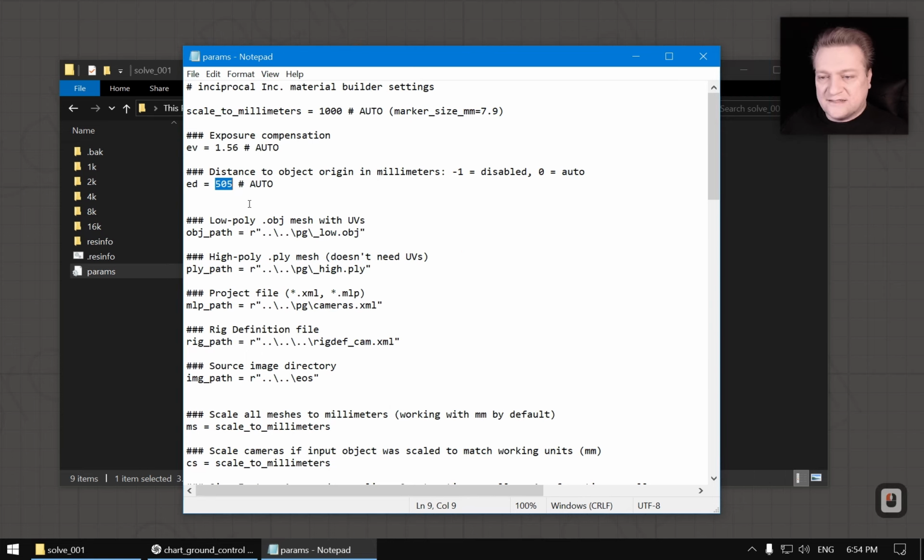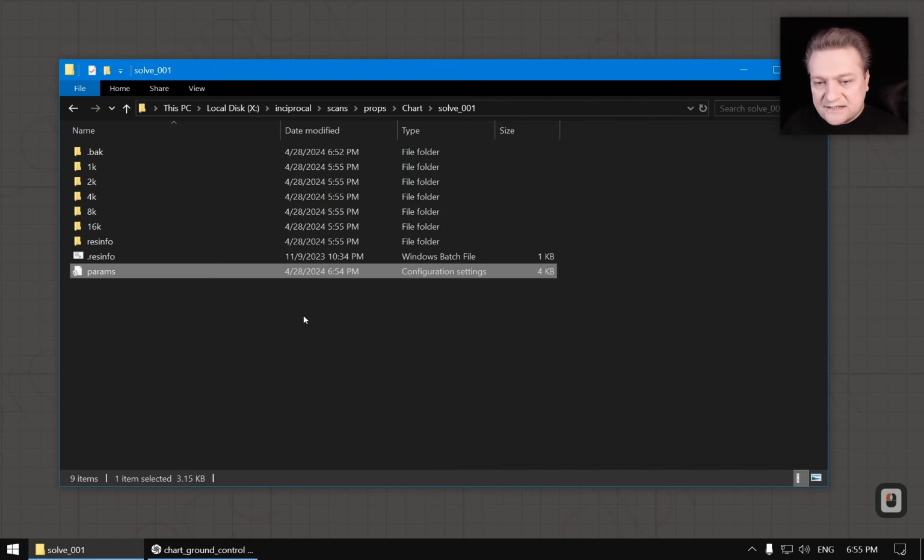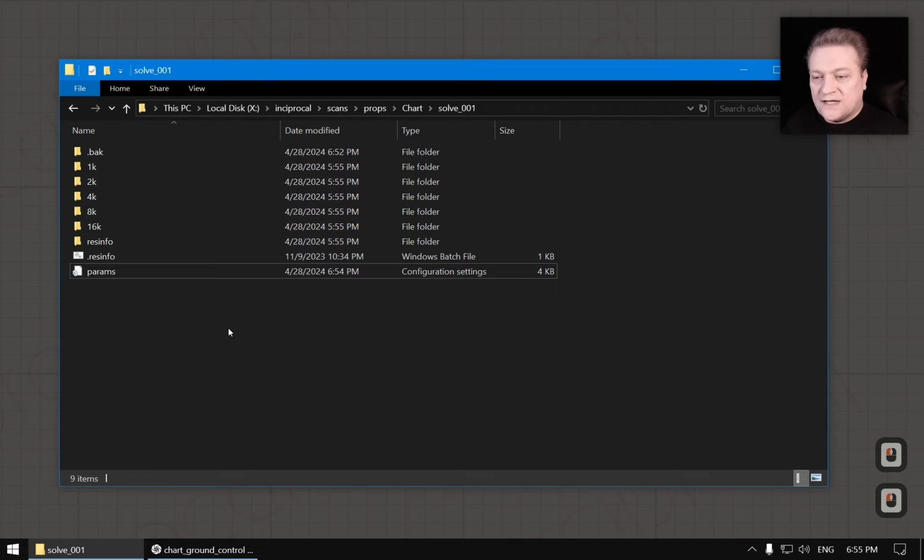That's the distance at which the color chart, if it was built at that distance, would have all the proper values. And when this marker pipeline is not defined, you can still go ahead and build all the stuff, but you would have to figure out those values manually. And we have tutorials on how to deal with all that cross-polarized footage and color chart, how to derive these values manually. So at this point we finished this ground control,